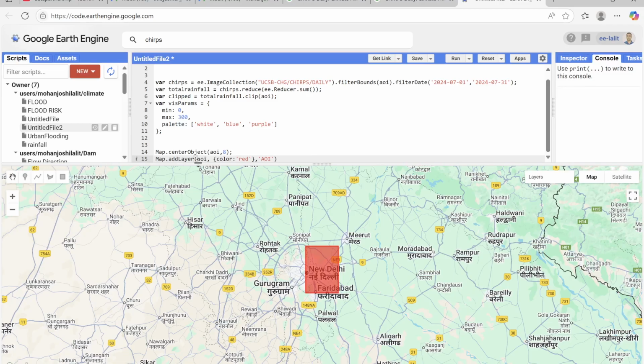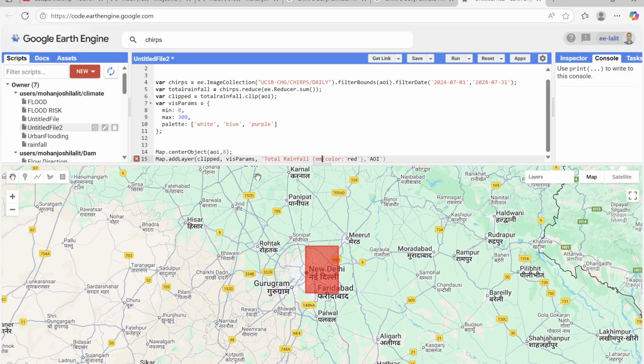Earlier we were seeing the clip. Now I will show you here clip, clip, and then what we are going to show is this one, visualization parameters, right? And then what we write,